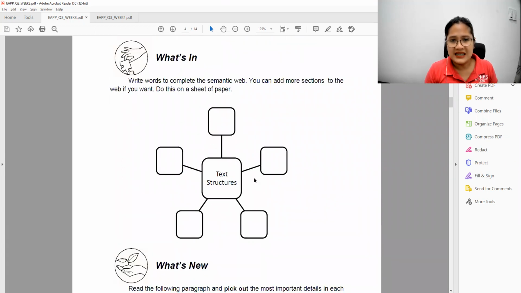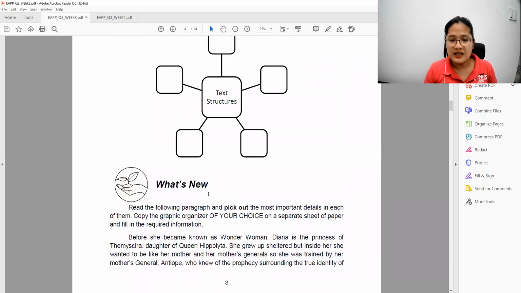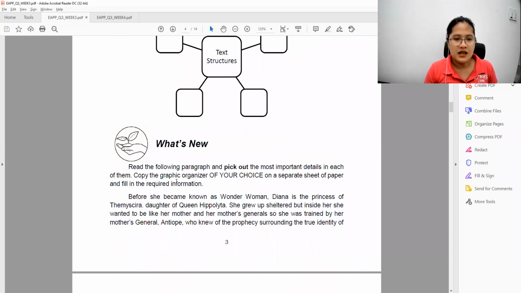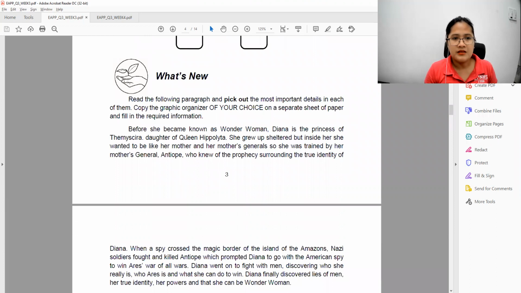You have already done this, okay? Text structures, just complete the semantic web with the text structures. You have definition, description, cause and effect, problem and solution, narration, etc. Okay, then afterwards pick out the most